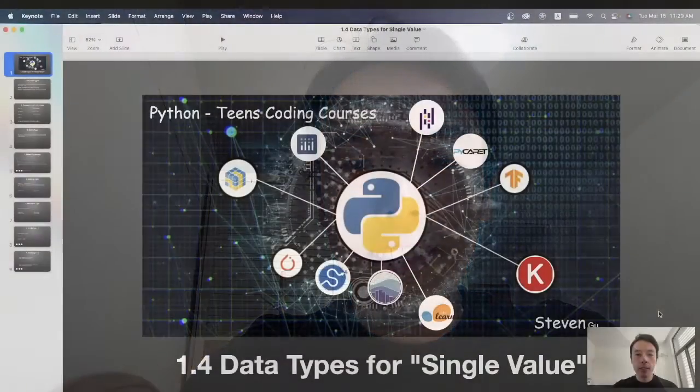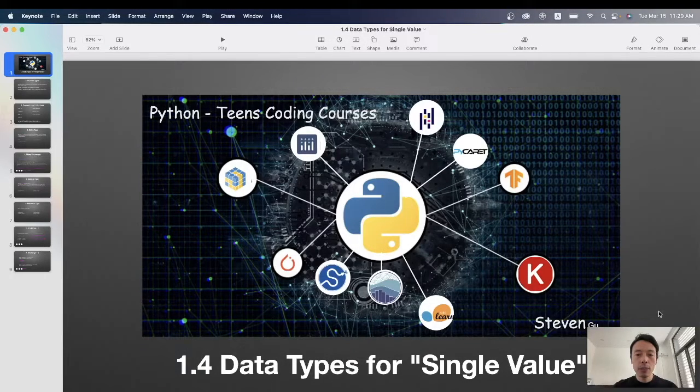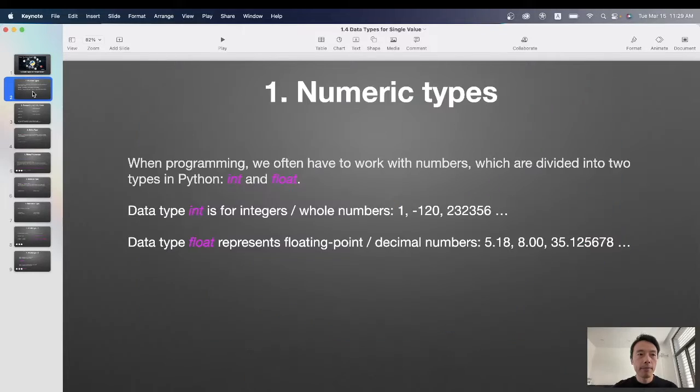Okay, let's get started. Data types are normally used for a single value, and we use data structures for multiple values. Today, let's focus on data types first. First, we look at these numeric types. When programming, we often have to work with numbers, which are divided into two types in Python, int and float. Data type int is for integers, which means whole numbers. For example, 1 or negative 120